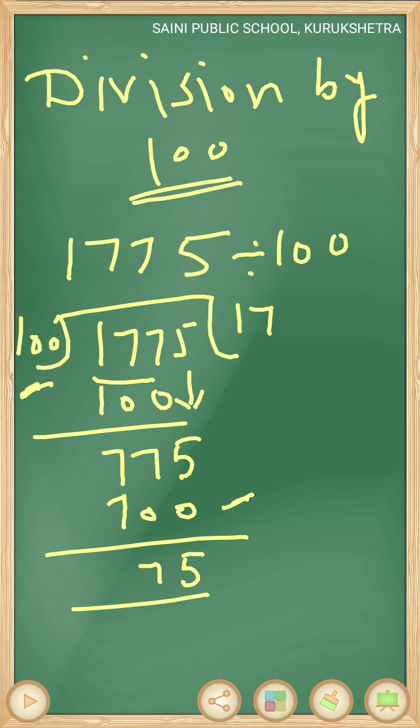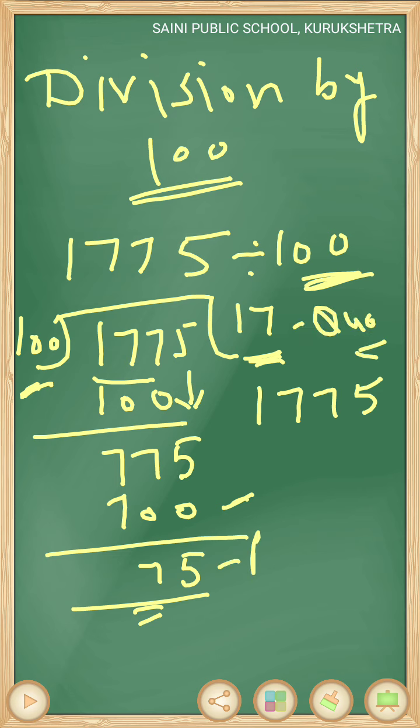Now you can see here, what is the number? 1775 is the number. Now we have divided this number by 100. Here are two zeros in 100. So you can see here are two digits in the quotient and two digits in the remainder. This is our quotient and this is our remainder. Now you can see the last two digits are the remainder and the first two digits are the quotient. When we divided the number by 10, there was 1 0, so the last digit was the remainder. Now here 1 0 0, so the last two digits are the remainder.